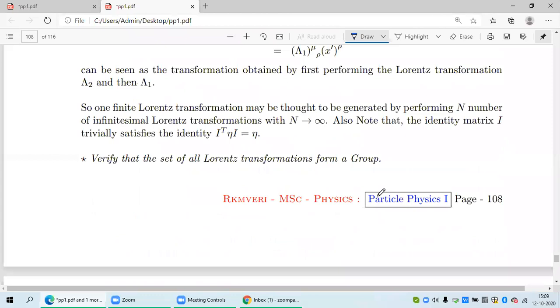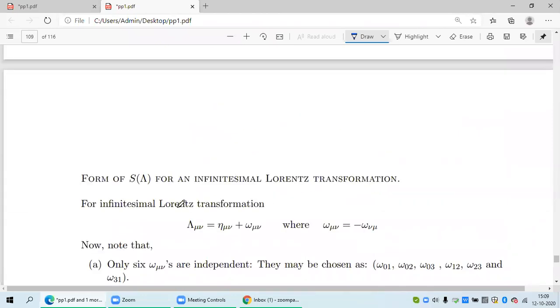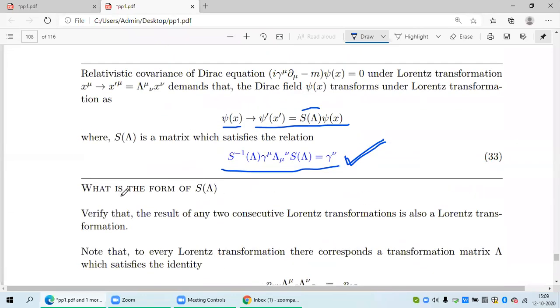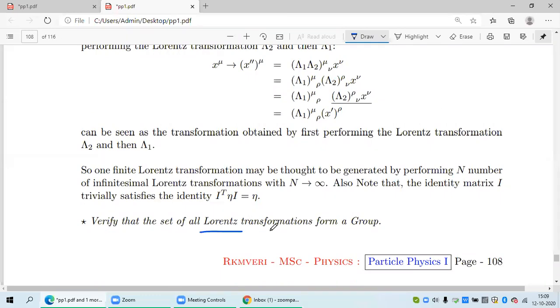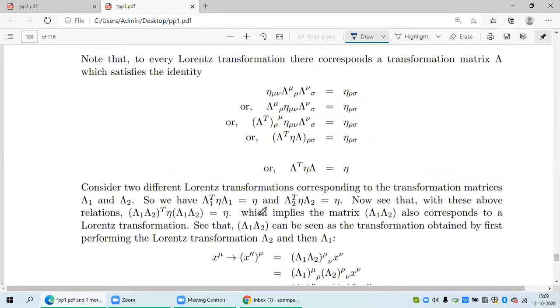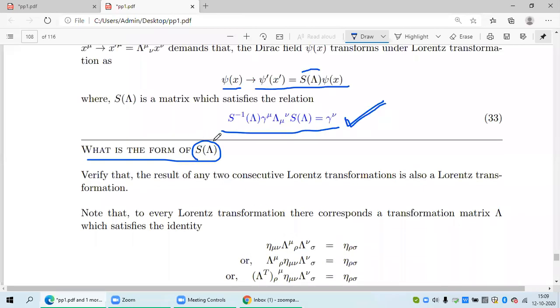Now we wanted a form of this function S, this 4x4 transformation matrix. To obtain that form, we first argued that since Lorentz transformations form a group, therefore, if we can find the S of lambda for an infinitesimal transformation, from that infinitesimal